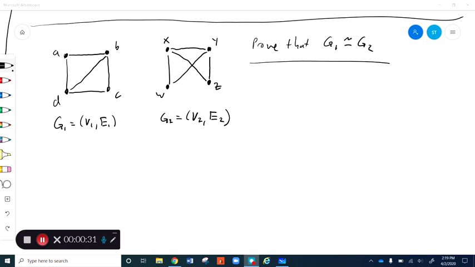Now, there's more than one. There could be more than one right answer. Almost always, there's more than one way of doing this. But we need to find one. So I'm gonna build a bijection over here